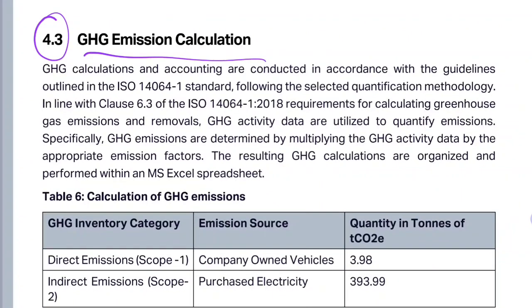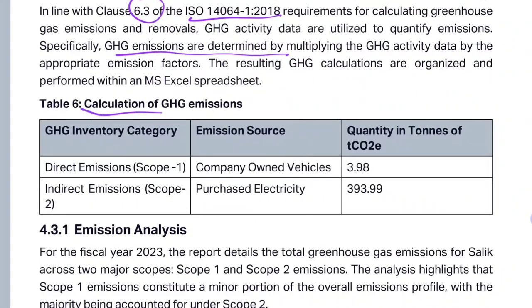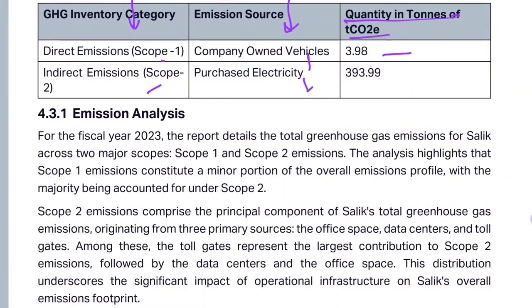Next important part is how to do the calculation for GHG emissions. The calculation is conducted in accordance with ISO 14064 as identified earlier, in line with clause number 6.3 of the requirements for calculating greenhouse gas emissions and removals. So basically activity data are utilized to quantify emissions. Then we see how GHG emissions are determined by multiplying GHG activity data and appropriate emission factors. If you see the calculation, we have the inventory category, scope 1 and 2, the emission source, and the quantity in tons of carbon dioxide equivalents, right? We have seen earlier the